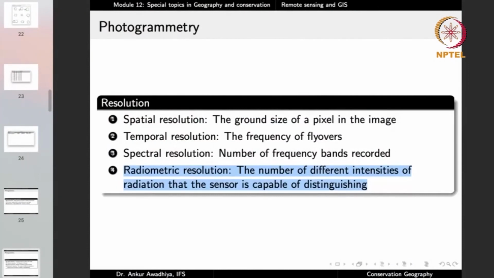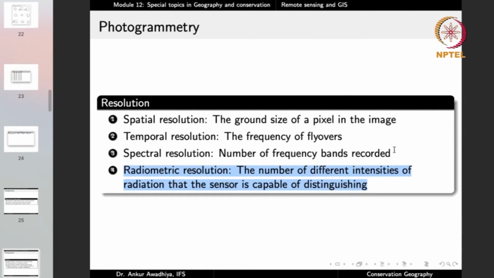But if you have a multiple-bit image, then you will be able to record that it is bright, then less bright, then even less bright, then dark, darker, darkest and so on. So if you have more bits in the image, you record a much greater amount of variation in the intensities. And that is the radiometric resolution, the number of different intensities of radiation that the sensor is